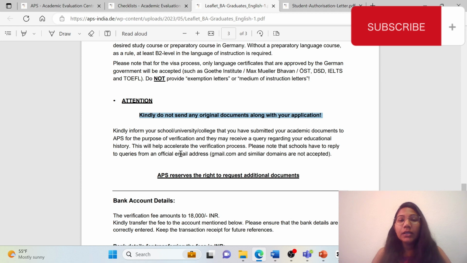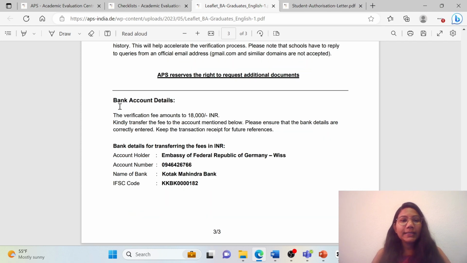Could be anything. And one more thing, many people have the doubt whether to send only the front page of the mark sheet, or do we need to send the back also? So why take a risk, guys? Give both the sides, and that is enough. If they want, they will take it, or else it's okay, they will ignore it. And this is the bank detail. If you're choosing bank to pay the fees, then you can take these details and pay to